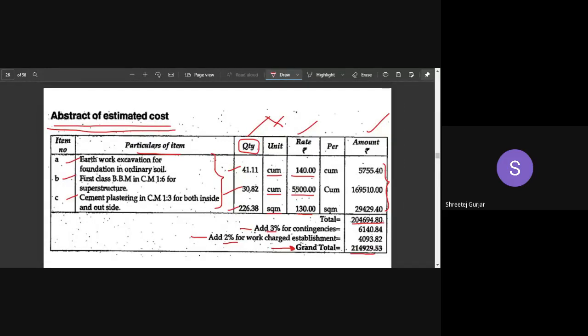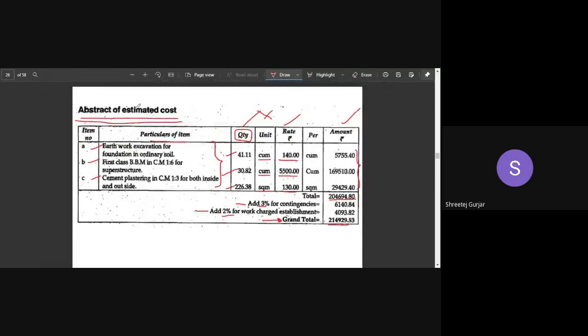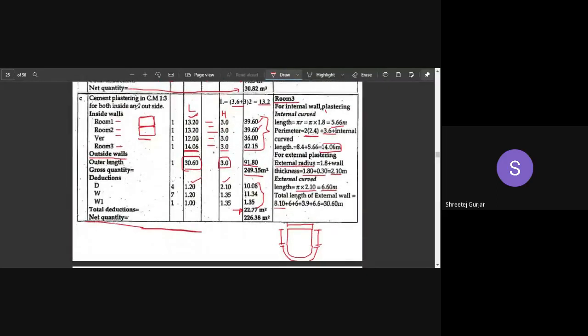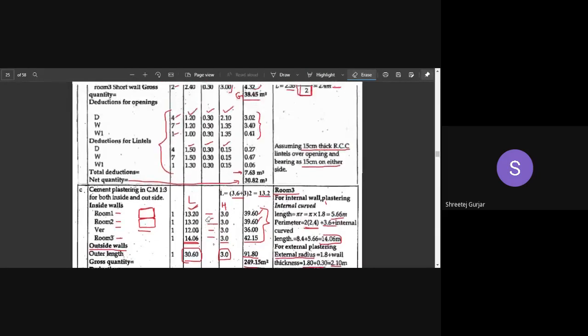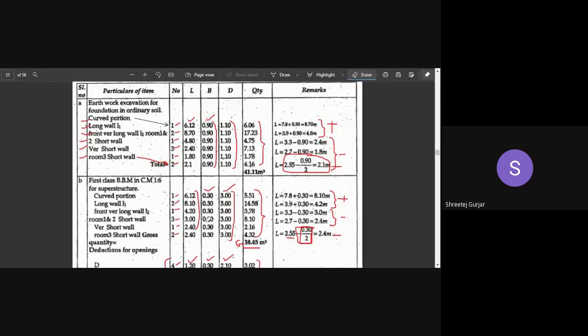Okay, and this is what they will go through and then they will comment. Okay, so this is how you prepare an abstract. So if you have any doubts regarding this numerical, you are free to ask. You can type in chat or you can just let me know. You can unmute and you can talk, if you have any doubts in calculation of any of the parts of the numerical.